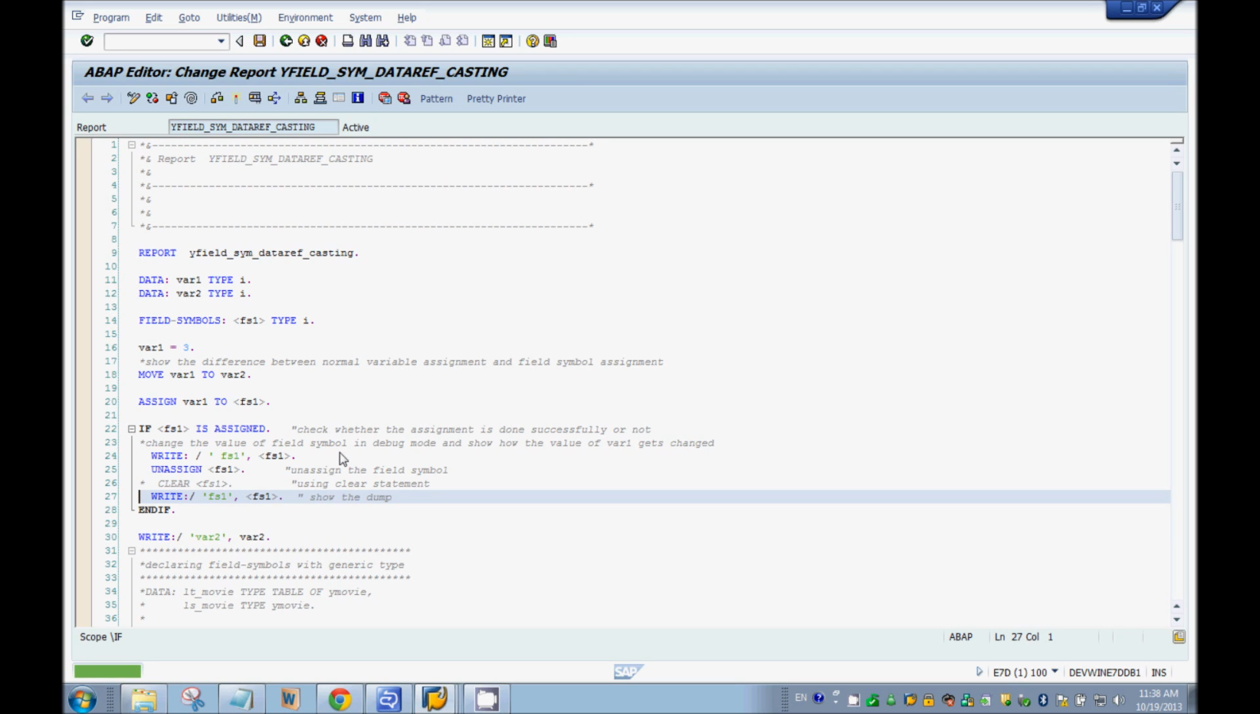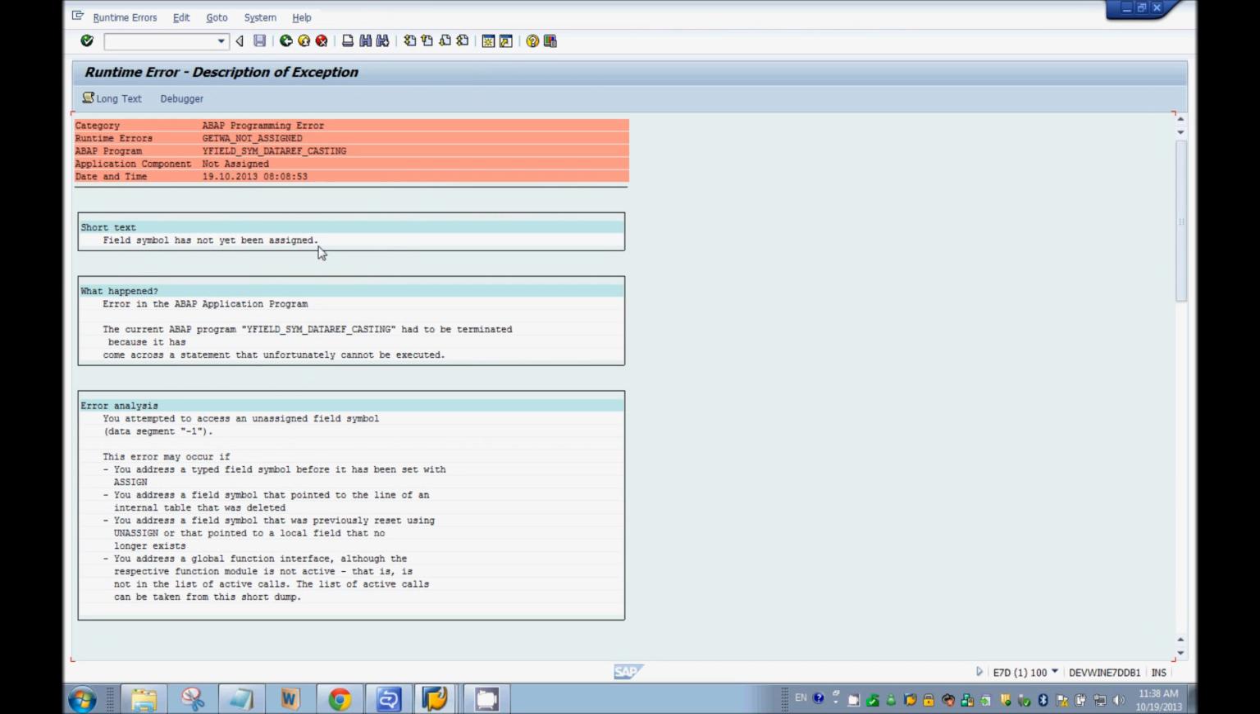Okay, I get a dump. This is the usual, very common dump that we get when we use field symbols in the code. "GET_WA_NOT_ASSIGNED": the field symbol has not yet been assigned, right? So that's why I'm getting that dump. To avoid the dumps, you should always keep in mind, you should always check whether the field symbol is